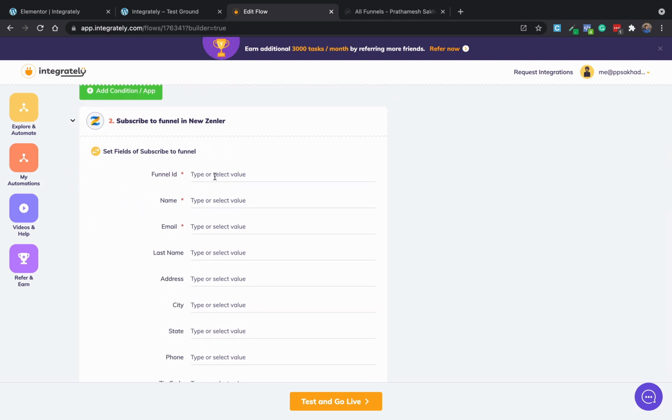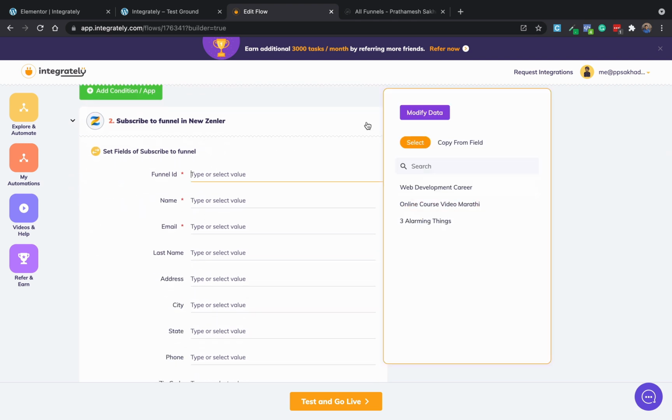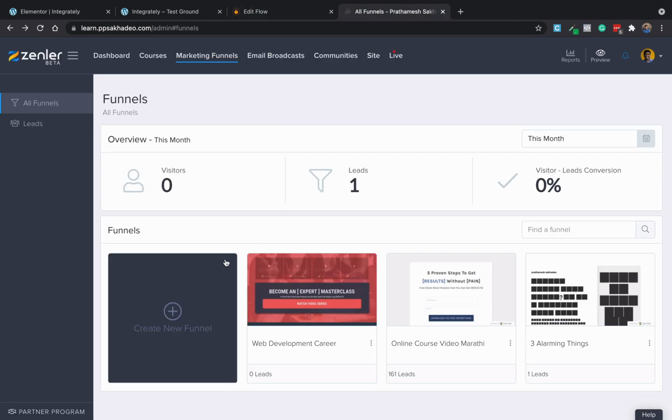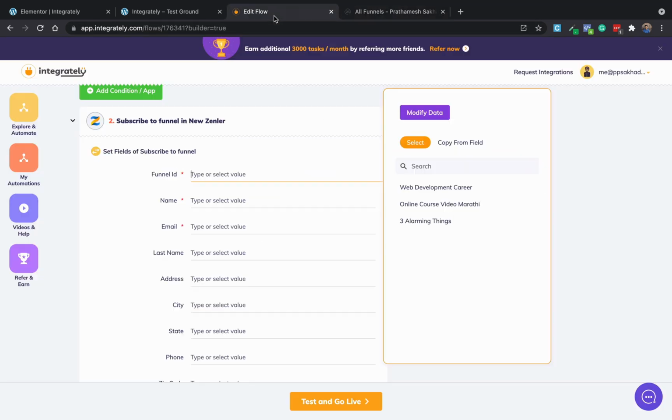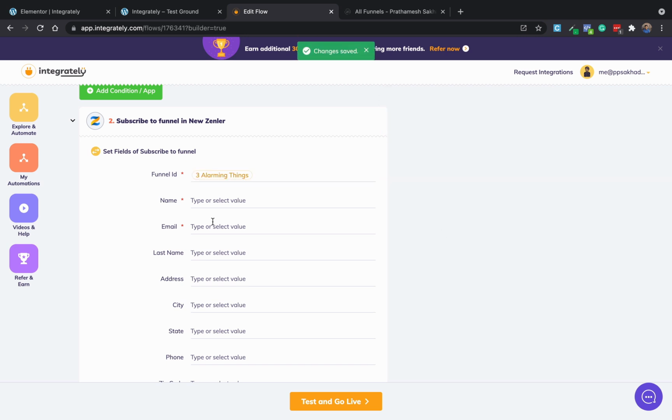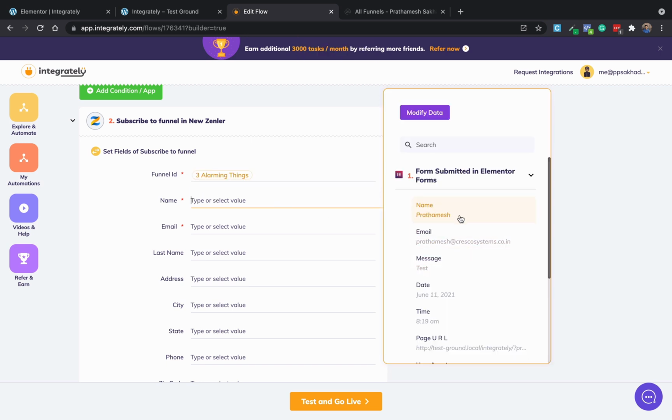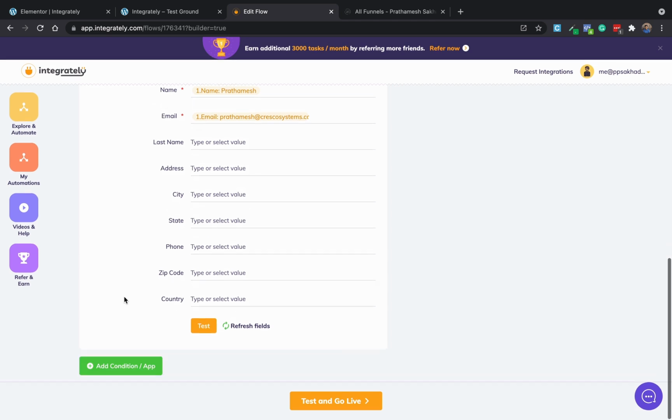So here I'll just click funnel ID. Whatever funnels I have already created inside Newshandler are visible here. So I need to select these 3 alarming things. Then for name, I just select this name, and email ID, email, and that's it. The rest of the data I'm not collecting. So I'll just click test here.